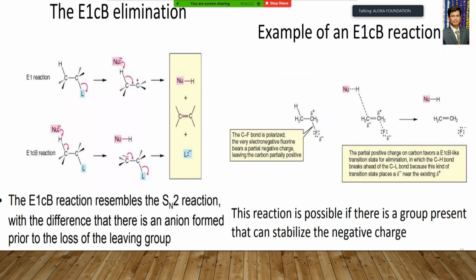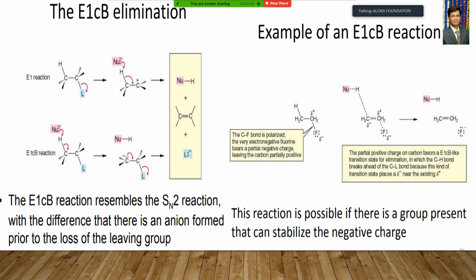the E1CB elimination reaction. So what happens in a normal elimination reaction? The first step is formation of a carbocation, and then the base abstracts the proton and you get a double bond. But what happens in E1CB? This leads to formation of an anion. Instead of simultaneous breaking and making of bonds, the first step is formation of an anion,